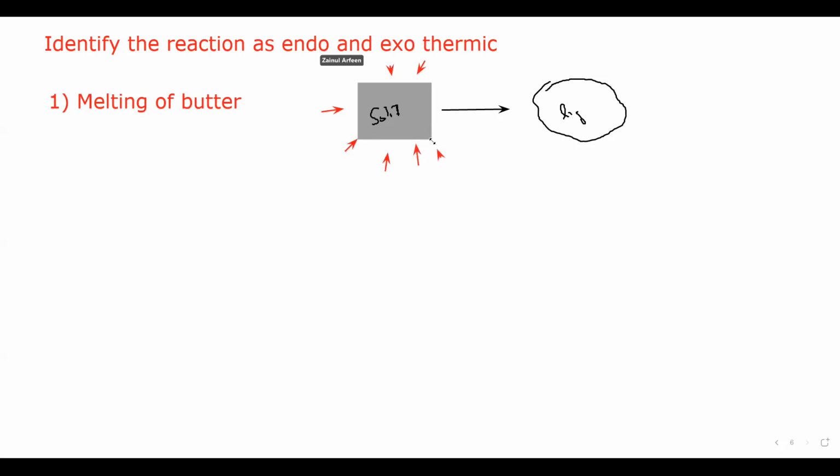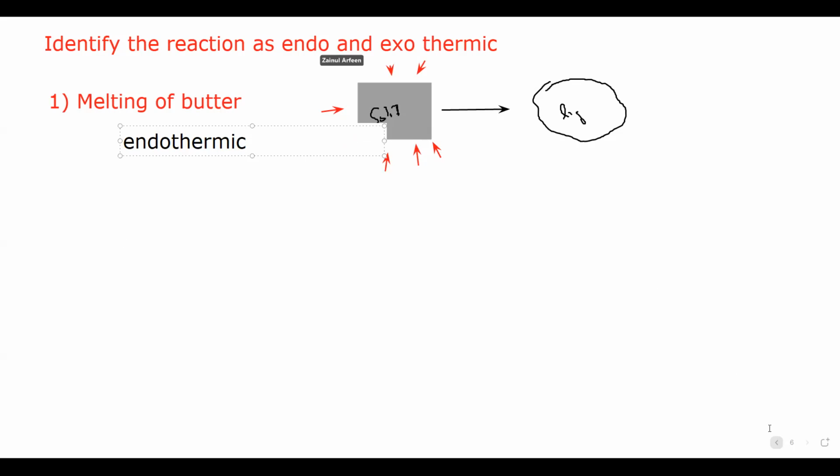So melting of the butter is an example of an endothermic reaction, because the butter will absorb energy, the particles of the butter move away from each other and it will change the state. So the answer for melting of butter is endothermic. Is it clear, the first example? And I just mentioned,